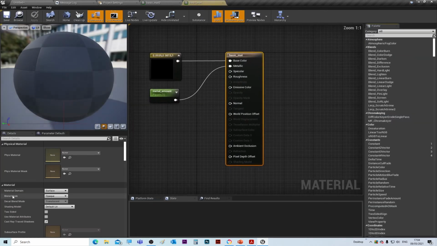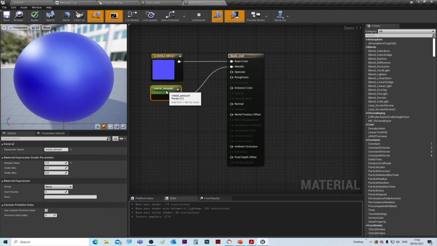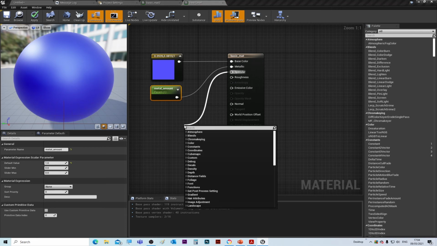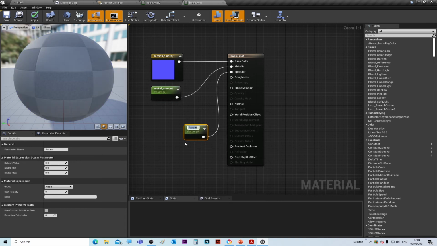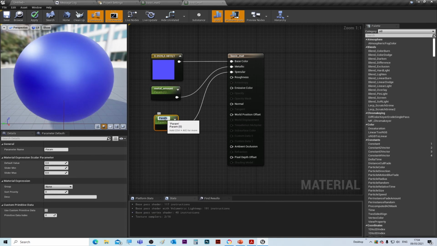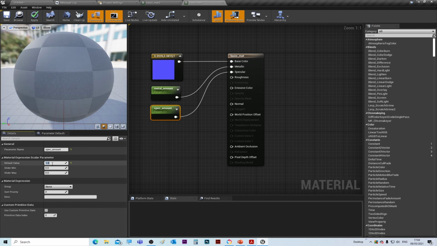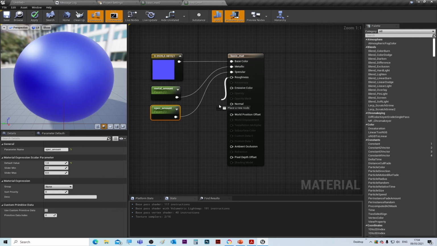I'll just open that up, and I'm just going to change the specular on this object. So again, scalar parameter. I'm just going to call that spec amount, and I'm going to increase that to 1. See what it looks like. Now, as you can see, we haven't seen that much of a change, but if we add the roughness as well,